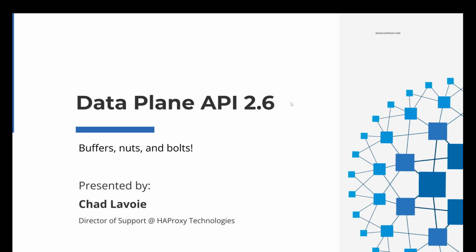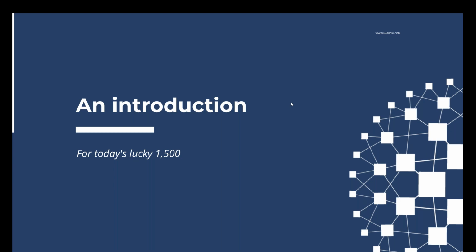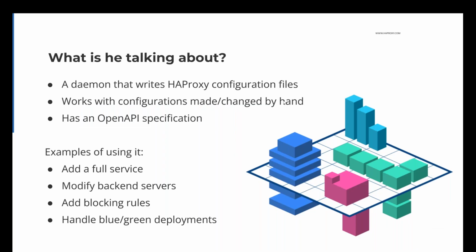So let's get into the introduction of what the Data Plane API actually is and why you might wish to use it. The Data Plane API is a daemon, so it's a separate program that reads and writes the HAProxy configuration file. And you can use it at the same time that you change the configuration by hand. It's monitoring the config file using inotify, so if you make a manual change, it will notice that change and update the version in memory. So when you make an API change, it will not overwrite your manual changes. If you wanted to, it does have an option to disable the inotify watching,